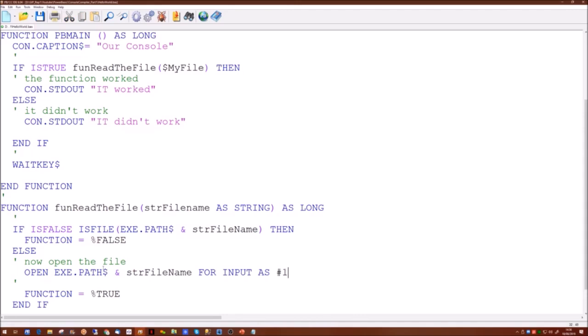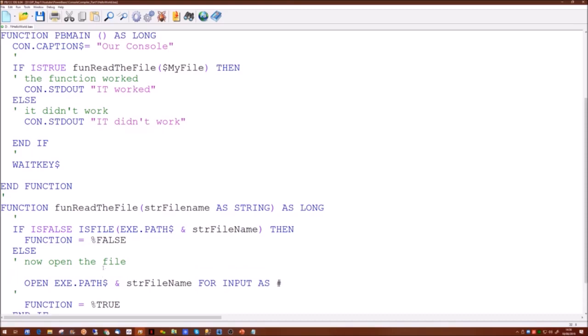Now here we could actually hard code and put a number in here for the file handle, but ideally, since your program could be opening lots of files, you want to use a specific file handle that the system can actually provide for you, which is this. Now what we're doing is using a variable and asking the system to provide the next free file handle, and we'll use that as our file handle to open this.